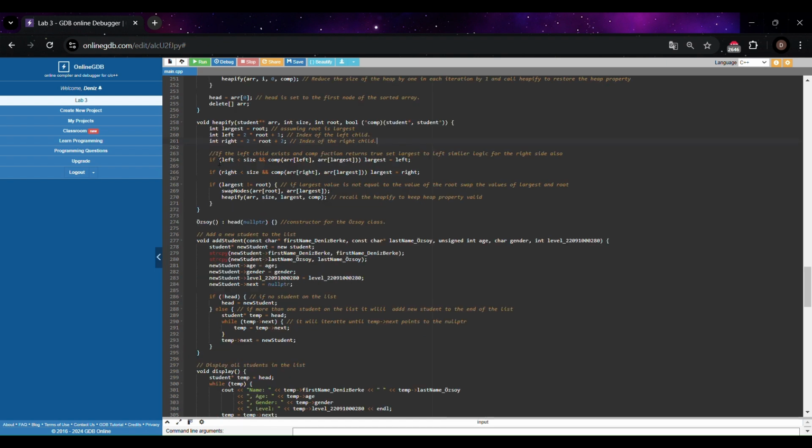Then I use an if statement. This part means that if the left child exists and the count function returns true, set largest to left. Similar logic for the right side also. This part does that. Then another if statement: if the largest value is not equal to the value of root,